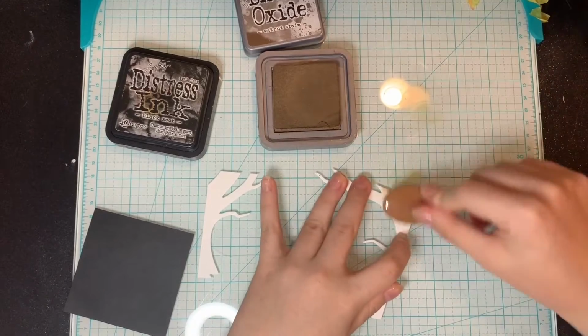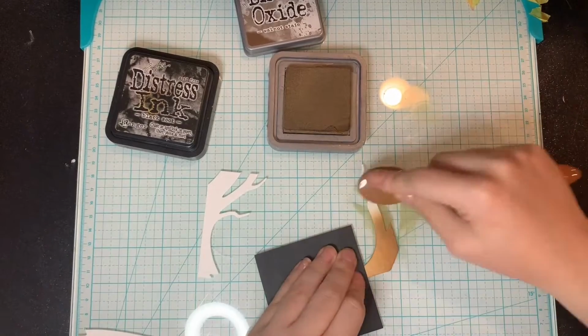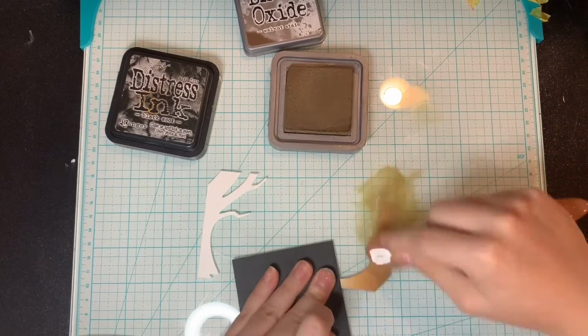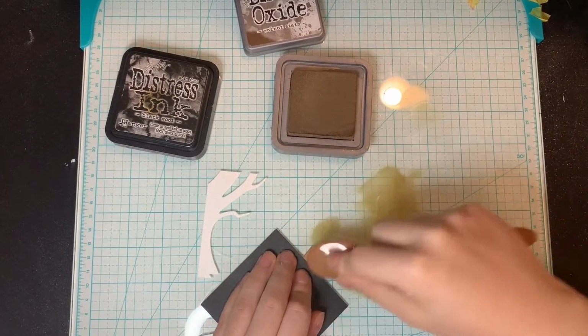So the majority of my card here is all ink blending. So be prepared to watch a lot of ink blending for this card. I started off with these two little spooky framing trees that were cut out in the scene die. I'm taking those and I am just ink blending them with some Walnut Stain Distress Oxide ink and this